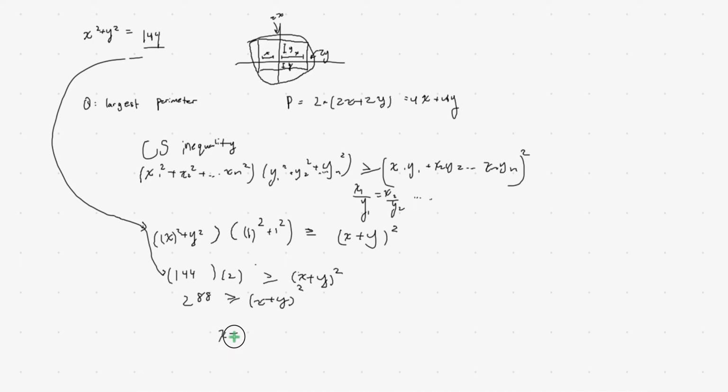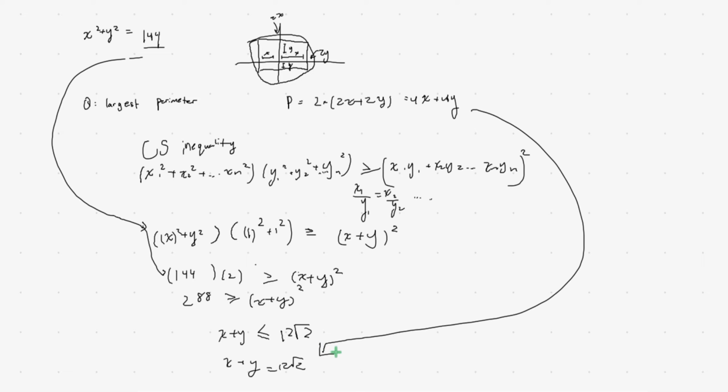And so x plus y is smaller than or equal to 12 root 2. And because we want this to be as great as possible, because it's the largest perimeter, we set it equal to 12 root 2. Well, then the answer should be pretty clear now. It's just 4 times (x plus y), which equates to 4 times 12 root 2, which is 48 root 2,